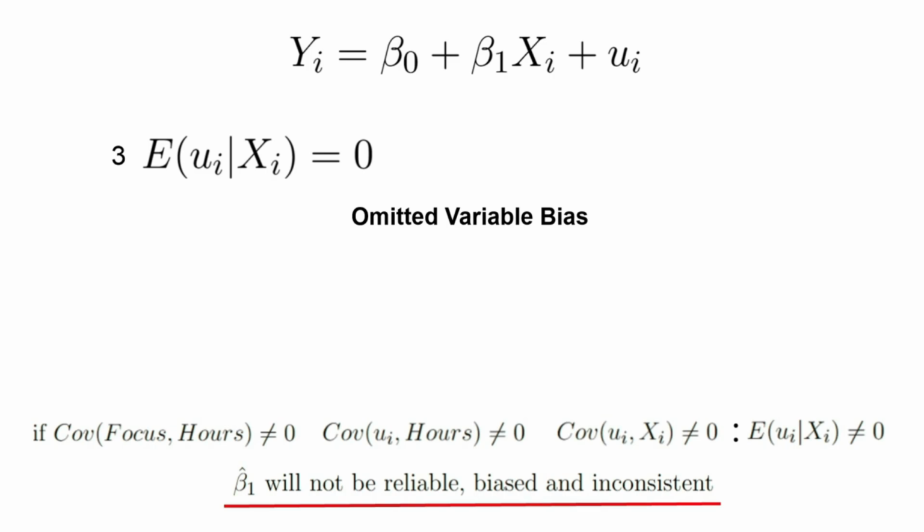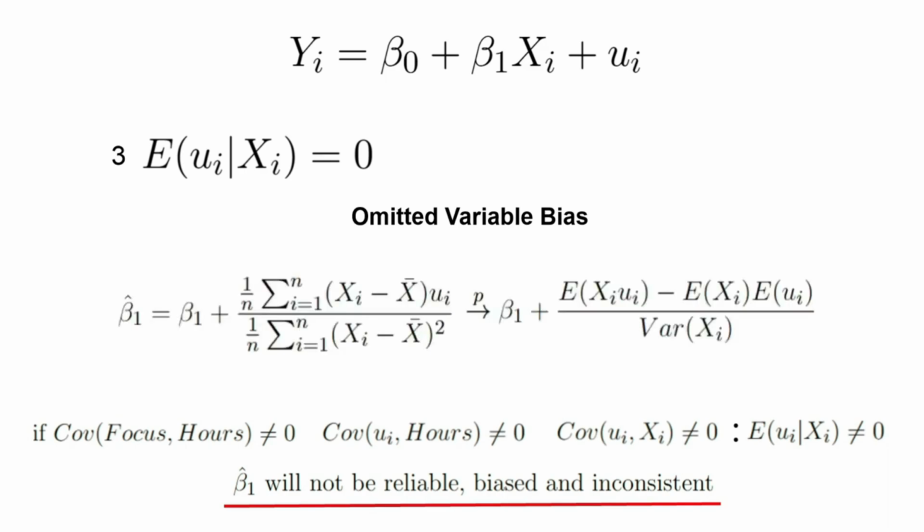Now, let's see exactly why beta 1 hat is not consistent under this particular setting where the variable focus was omitted. I'm first going to pull up this equation, which is showing that beta 1 hat converges to this term. You already saw this equation in one of the previous videos as well. Now, if you look at this term in the numerator, this is covariance between UI and XI. So in our particular setting, if there is some covariance between the variables focus and our studied, then there's going to be some covariance between UI and XI, which means that this term in the numerator is not going to equal 0,